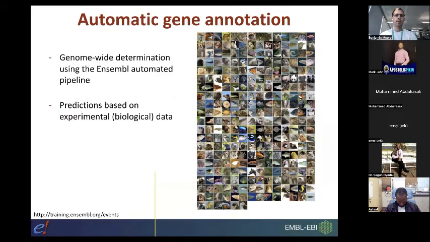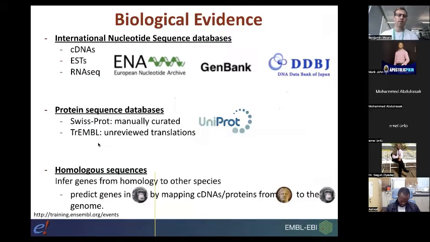Okay, there we go. So the automated gene annotation is a genome-wide determination of the genes and transcripts using the Ensembl automated pipeline. It makes predictions of the gene and transcript models based on the experimental data. So the type of data that's used by the automated pipeline as evidence is a range of different types of data. First of all, we have what we call nucleotide sequences,